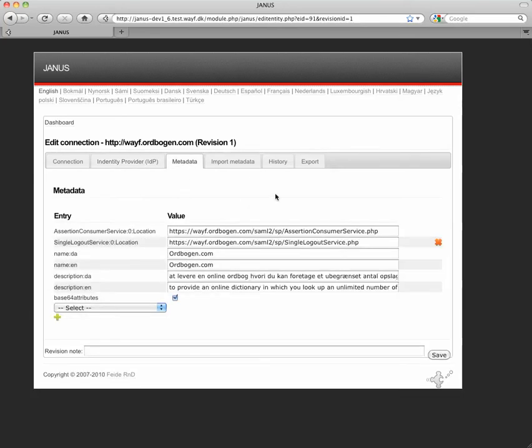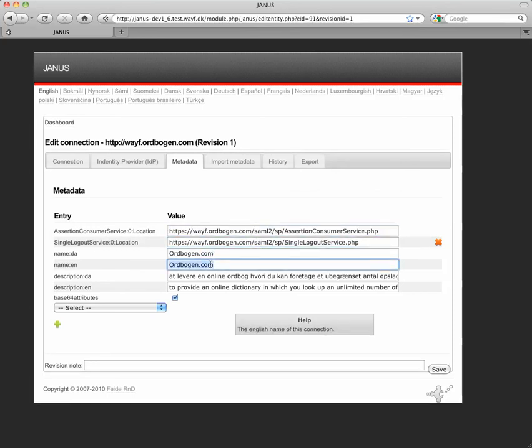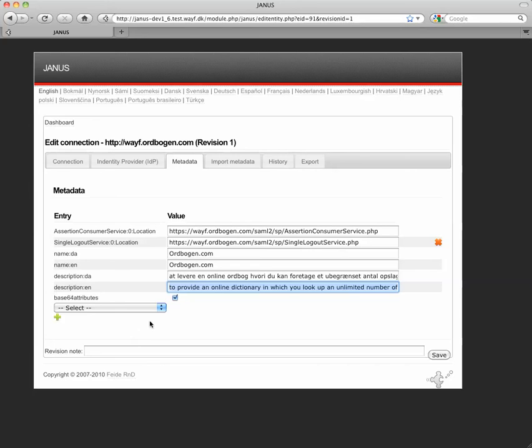The metadata overview for the service provider contains, of course, the assertion consumer service location, single logout endpoint, Danish name, English name, Danish description, and English description, which in this case are the purpose descriptions which are presented when getting the user's consent. We may also